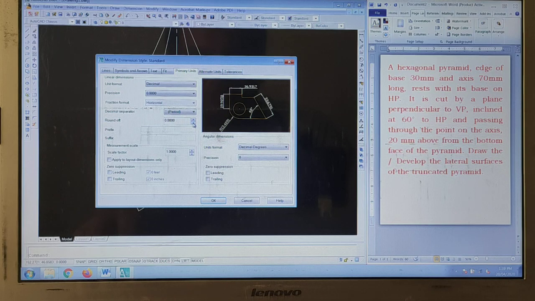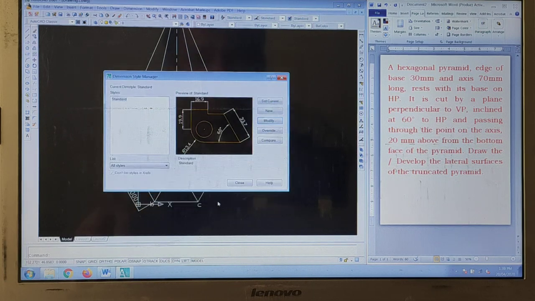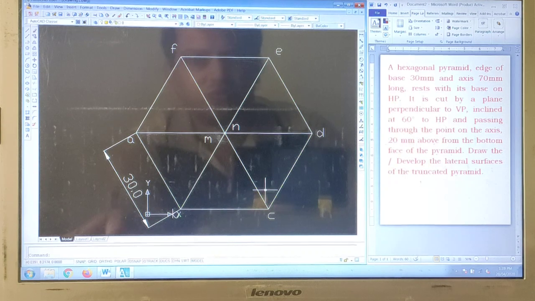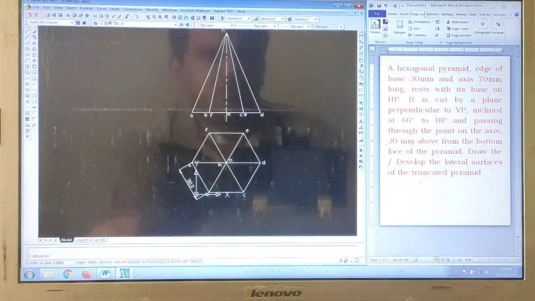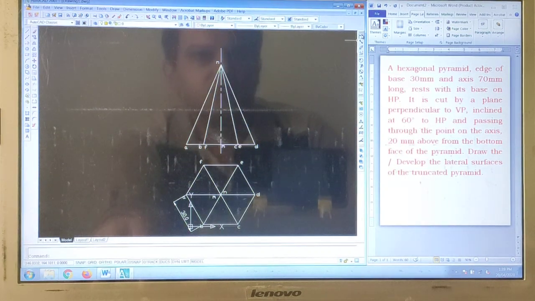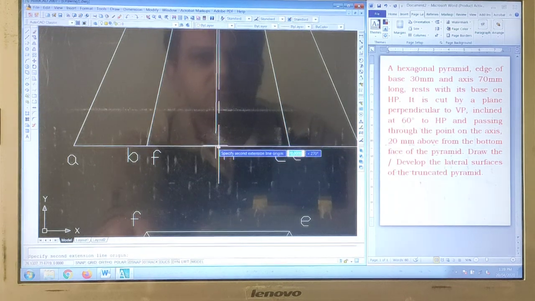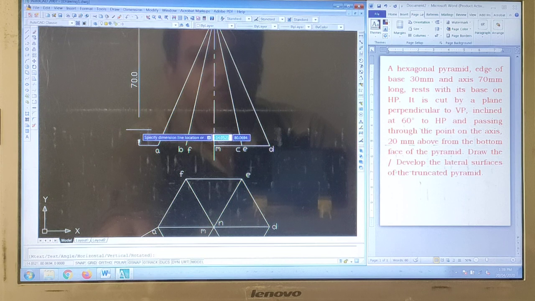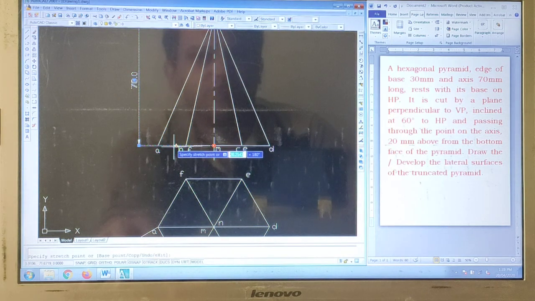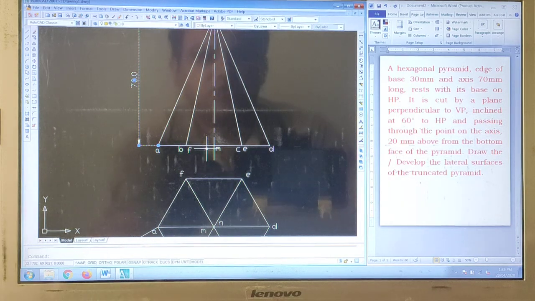See, round off to precision points. We can hardly take 1 point, isn't it? 1 decimal. So 30.00, that is what we have considered. Then axis height is given. So for that particular, this vertical dimension I have taken, and that I have marked over here. Let us move this particular point from this point to this point, isn't it?